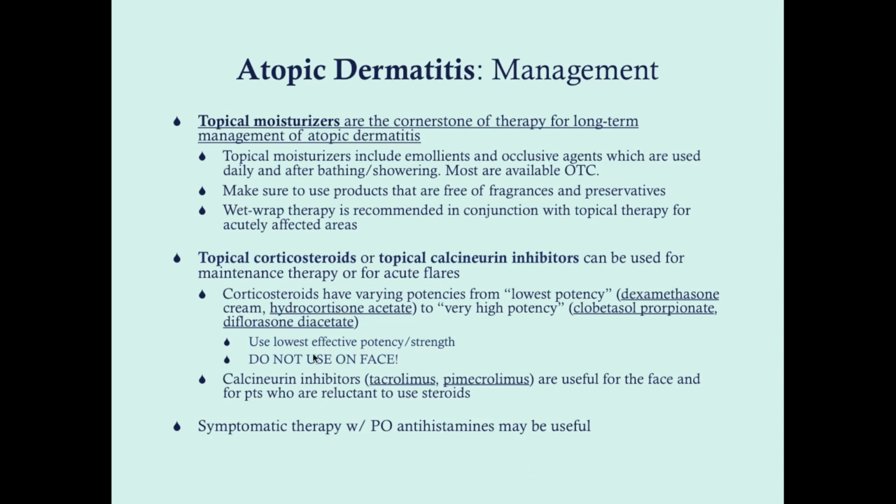Most of these, like I said, are available over the counter. Make sure that they are products that are free of fragrances and preservatives because these can elicit allergy. And then another thing that you can do if you have a specific area, like along the elbows or arms or legs that are particularly affected, is to do a bath, then apply your moisturizer, and then you can do